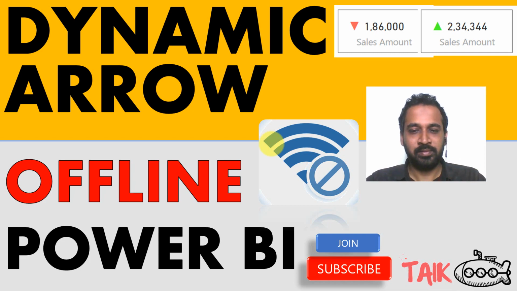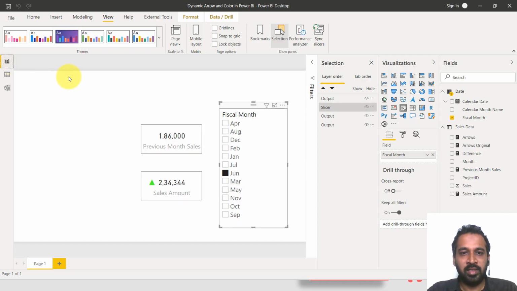Now let's get started. This is my Power BI file, and here as you can see the sales amount is compared with the previous month, and it is showing it in green here because it increased the sales. Now if I select, for example, the month of May, it has decreased because in April we have this much of sales, in May we have this much of sales, so we have a loss here, low sale, so it's showing it in red color and also a down arrow. Whereas in June, if I select here, it is showing an up arrow as well as green color. So it's cool, right?